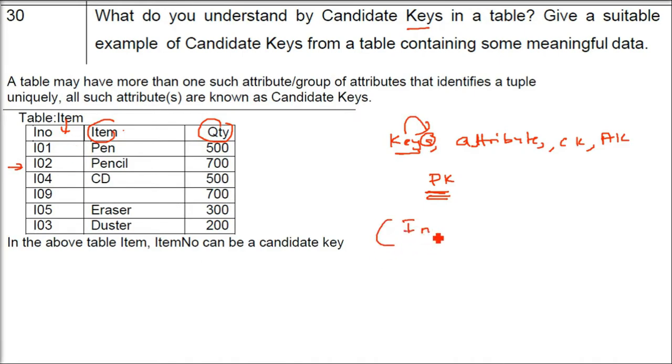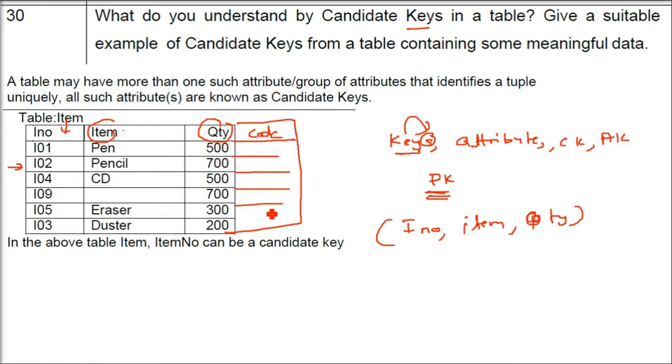record. For example, if you have I number, you have item number, you have quantity. Okay, these are the three columns which we have. So I'll just add one more column because item and quantity I don't want to take. We can see that it will not be able to uniquely identify a record. You see quantity has 700 and 700, so it is common. If I write quantity as a primary key, 700 will fetch me 2 records. I just need 1 record.